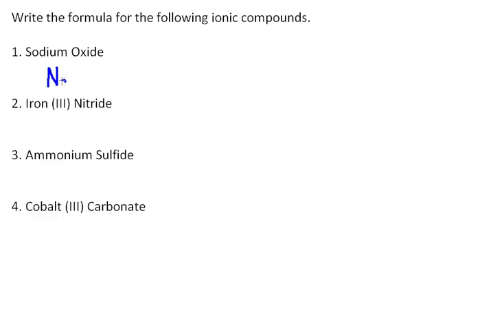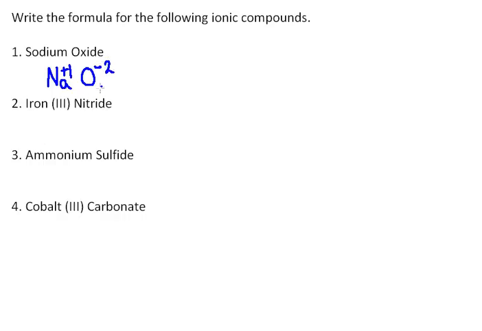So sodium symbol is Na, oxygen symbol's O. And then we're going to need to look at the periodic table to see if we can find out what charges each of these elements have. Since sodium is in group 1, it's going to lose 1 electron, get a positive 1 charge. And oxygen's over there in group 16, it's going to gain 2 electrons, to get